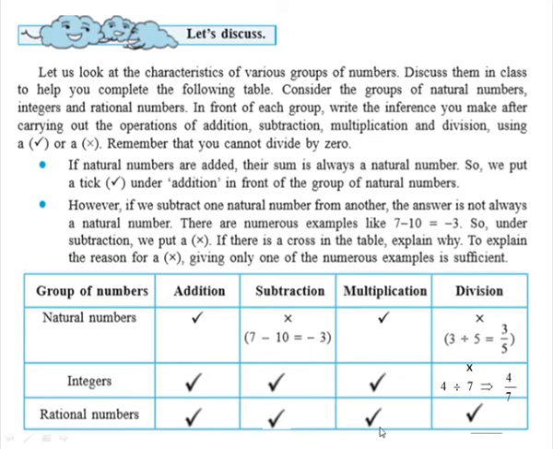Also, we have seen the examples of multiplication. In that case, when you multiply one rational number by another, the product is also a rational number. Also, we have seen the division of rational numbers. That is, when you divide one rational number by another, the quotient is also a rational number. Hence, in the set of rational numbers, when you do all these four operations, addition, subtraction, multiplication and division, the answer comes in the same set.